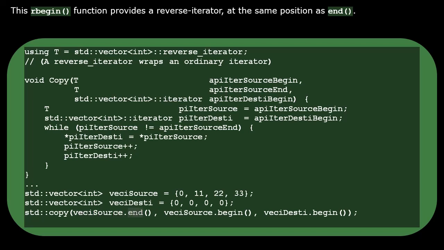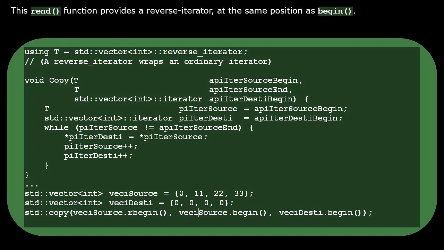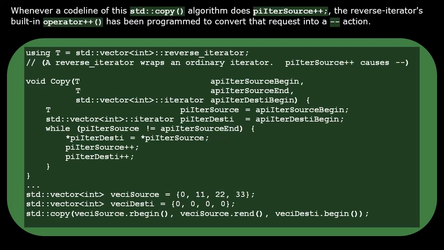This rBegin function provides a reverse iterator at the same position as end. This rEnd function provides a reverse iterator at the same position as begin. Now, the same copy algorithm can still be used, but where that algorithm does PIIterSource++, the reverse-iterators ++ operator implementation has been defined by C++ to convert that request into an ordinary iterator decrementing